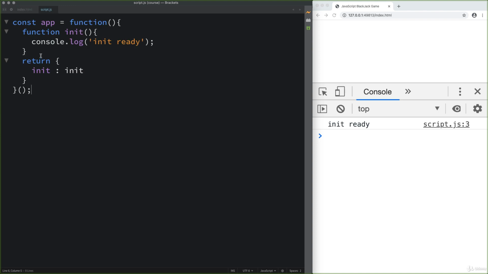So that means that the app object is up and running, and it's returning back the contents of init, and within init is where we're going to set all of the document content. And that's coming up in the next lesson, where we're going to construct some HTML for the page so that it's going to be visible, as well as set up some game variables that we're going to be using within the app object. And the reason for making it this way is, again, to separate out any of this JavaScript